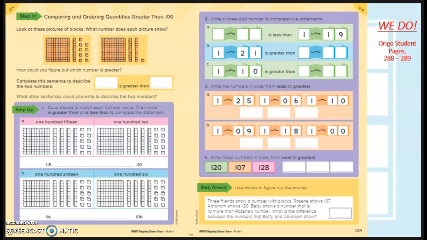Your work today on your own is going to be your student pages 288 to 289. Take a picture of it, upload to your classroom